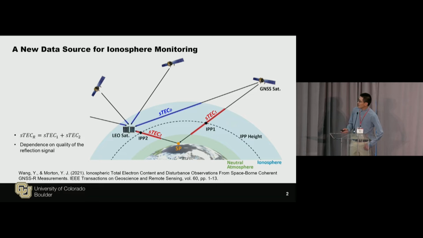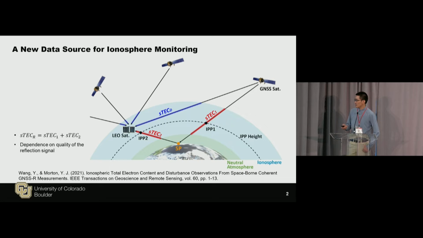Okay. So here's an illustration of this concept, and we believe this approach can provide a potential new data source for the ionosphere observation. And here we assume a LEO satellite, and it receives, just like all other LEO satellites, the direct signal from above the orbit using the navigation receivers. But we focus on the signal that is reflected from the Earth's surface and picked up by the LEO satellite. And the great thing about this approach is that it provides the observation for regions that we usually don't have any measurement, or we have just very few measurements, such as the polar regions or some ocean regions.